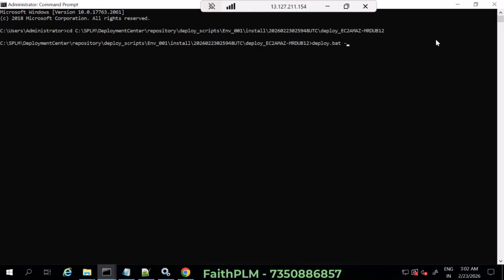So the commands are -dc username equal to dc admin, -dc password equal to dc admin, hyphen software location equal to, you can type your default. Okay, default. You can keep it default,